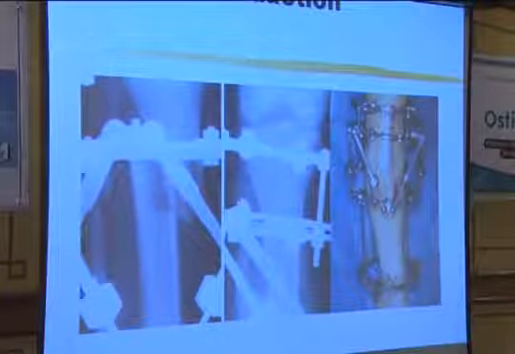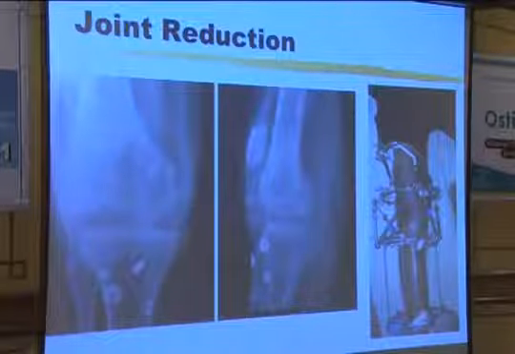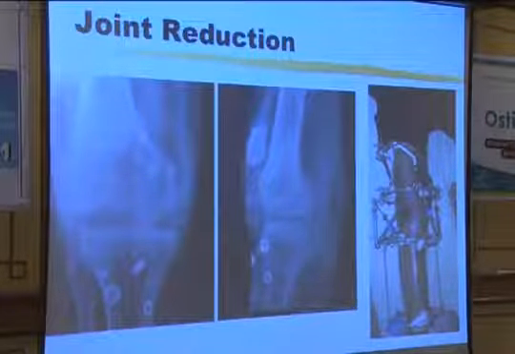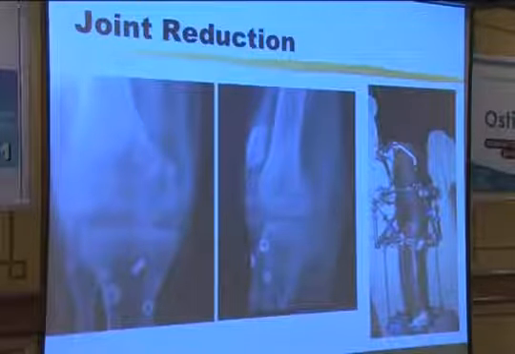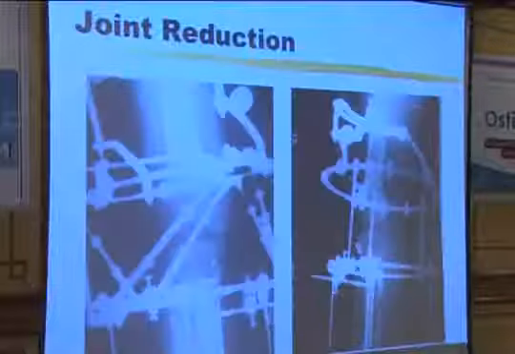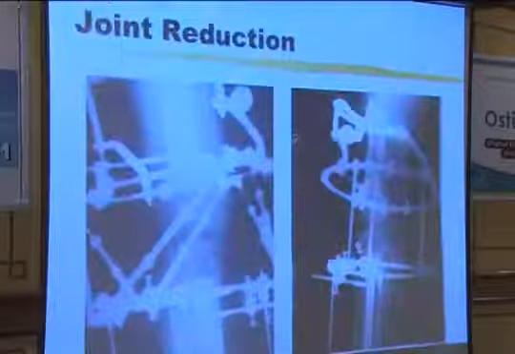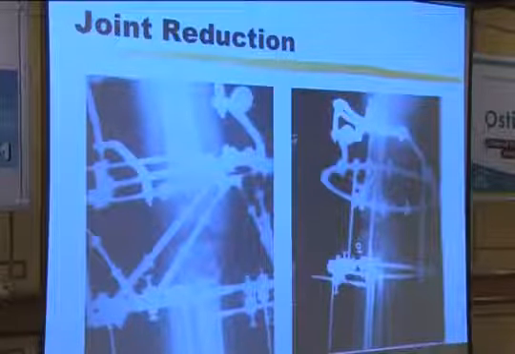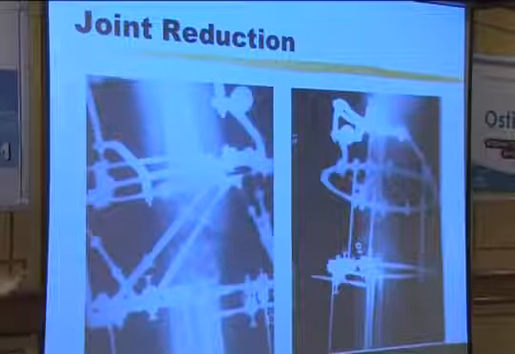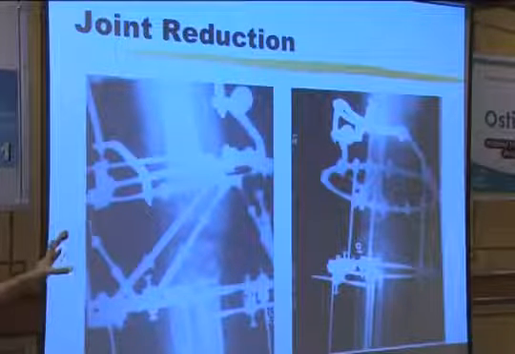So you can get that well reduced, and then all of that gave way, and the patient comes to us with this kind of situation 4-5 months down the line. So using the hexapod on the tibia and the femur, you can actually reposition the tibia under the femur like this. And then with this in the right position, it's kept like that with hinges over here, and the patient can mobilize the knee.